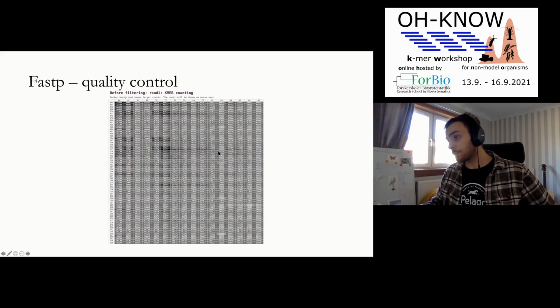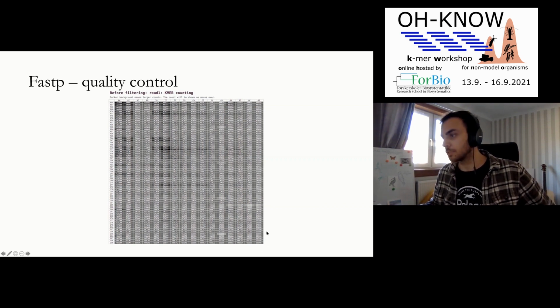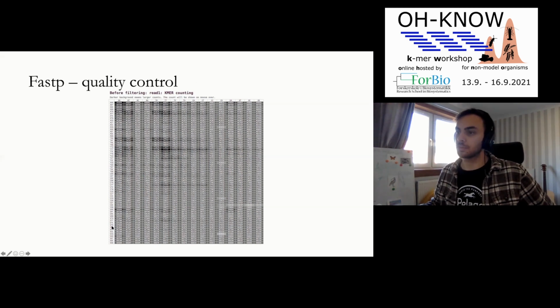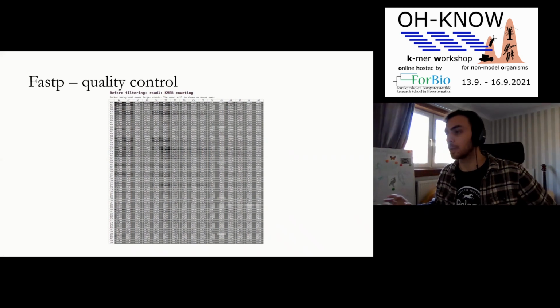And again, if you have this poly-G issue, this lower corner here typically is completely black, which is really easy to tell. It produces one of these for pre-filtering and also post-filtering. So if it is a problem, you should be able to see how well you've been able to fix that problem during the filtering as well. So I think that's just a bit of a whistle-stop tour of what we're going to go through.